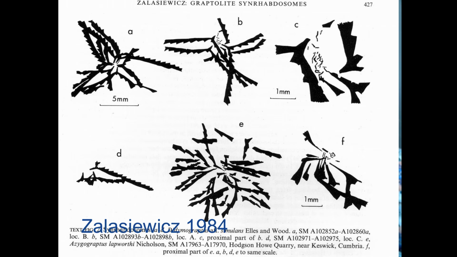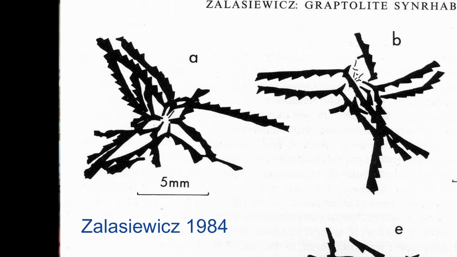Yes. So, as I said, most of these are monograptids and diplograptids, but there are exceptions, and those exceptions are really interesting. So let's have a look at this paper by Zalasiewicz. So in this one, we have two different species of what are called dichograptids, branched ones. And most of their Synrhabdosomes are from Didymograptus simulans, or af. simulans. One is very similar to it anyway. So this is one that's shaped like a moustache, really. Yeah. So sort of circular in the middle, and then one branch going out, not quite horizontally, to each